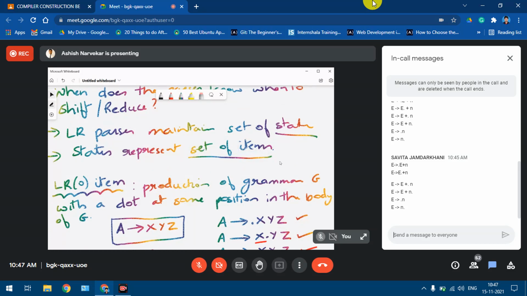The way we got these LR0 items, a collection of these is called the canonical collection of items. So the canonical collection of LR0 items on some particular input will give us something called states. A state is nothing but a set of items.